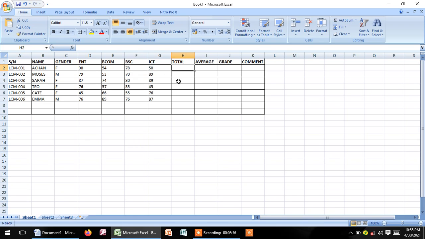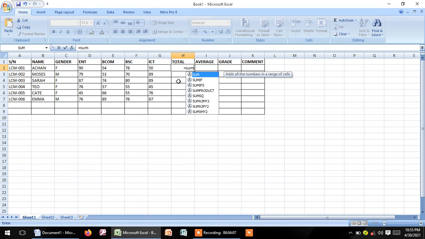Like I said, we always begin with the equal sign. So let us first calculate the total and say equals sum. You open the brackets, and we are summing up the total for the first student in the 4 subjects, where we have 90, 54, 78 and 50. So what we put is a range.